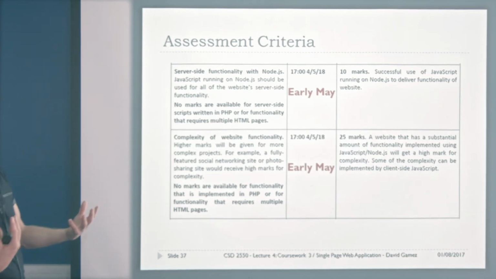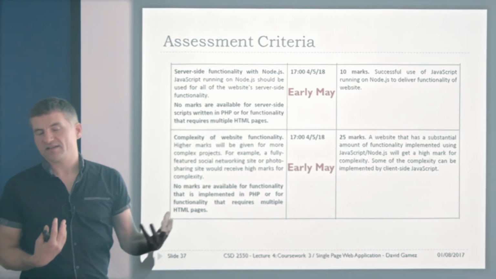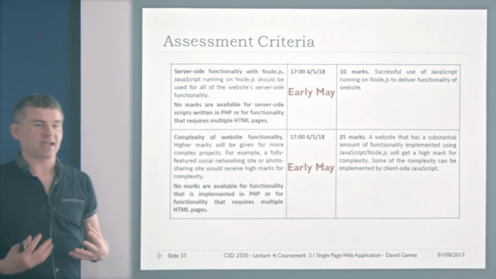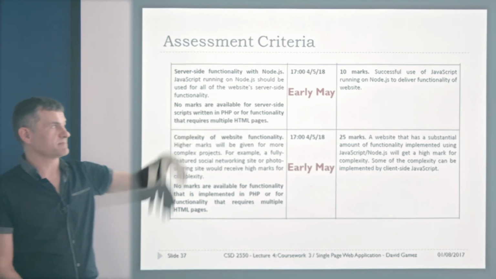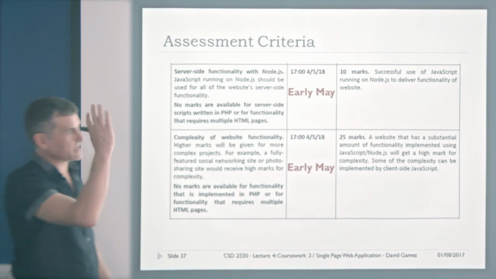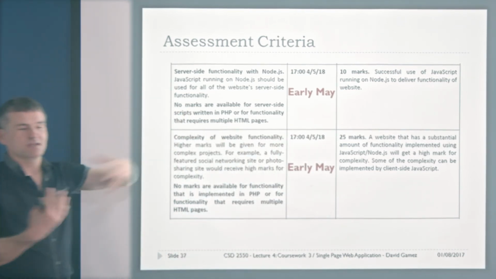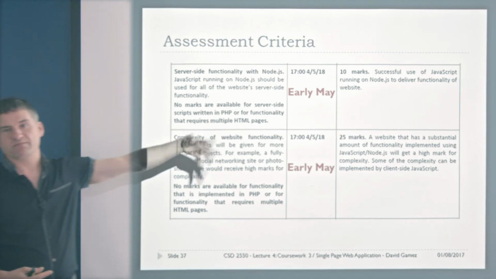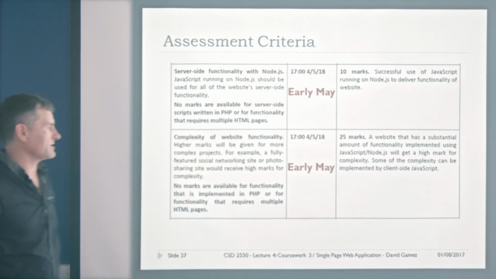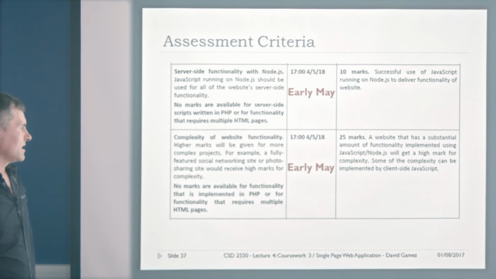So some of the complexity can be client-side, but some has to be server-side as well. You can't just write a super complex mega game and store the rankings tables in Node, in the database. You might get some marks for that, but at least half the complexity has to be at the back end for you to stand a chance of getting the full 25 marks. Right,